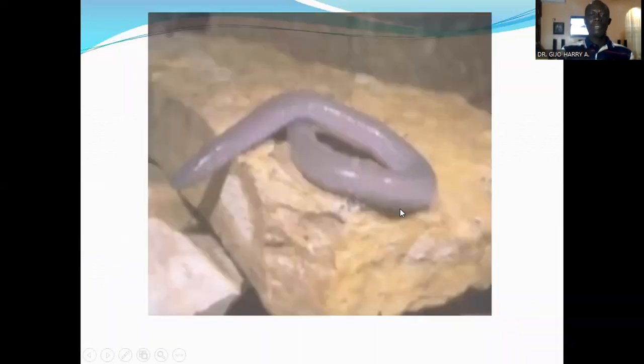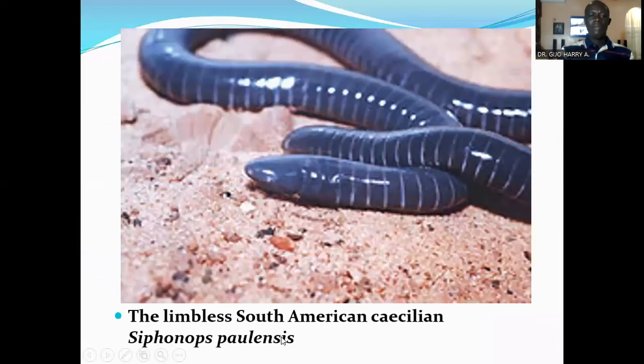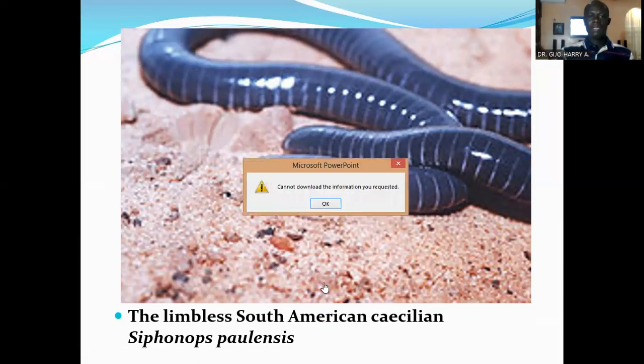Now, these are pictures of the caecilians, and this also is the limbless South American caecilian, Siphonops paulensis. Now, we want to look at other